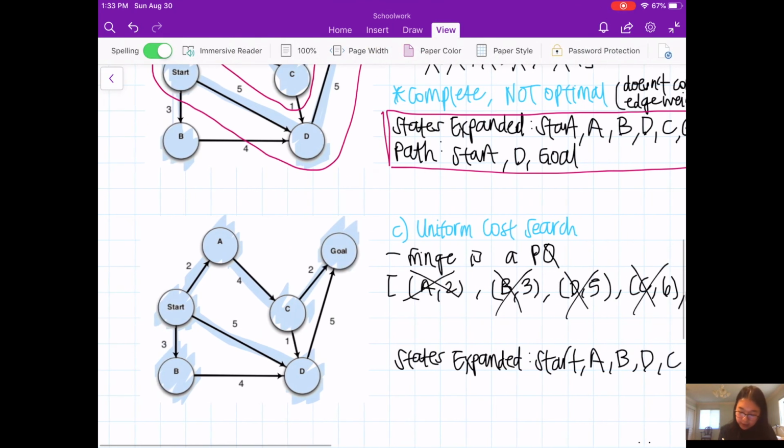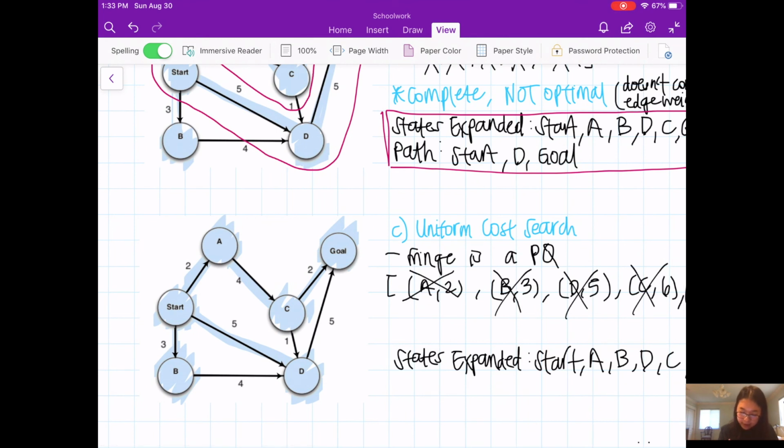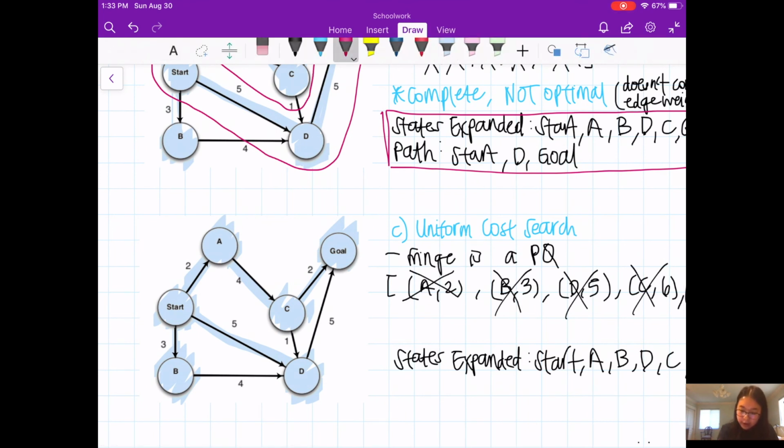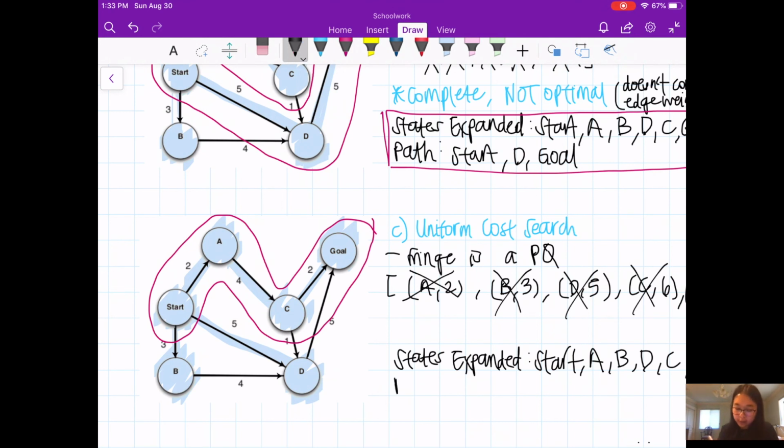Now you have explored everything, and from here you can see that your path to goal is actually going to be this top path, not the same path that you found in breadth first search. Specifically the path is going to be start, then A, then C, and then goal.